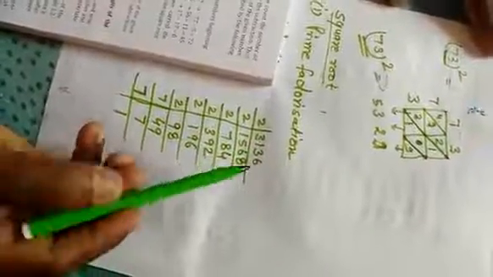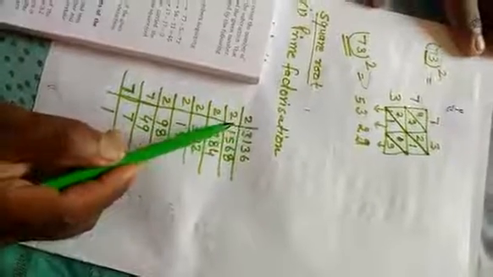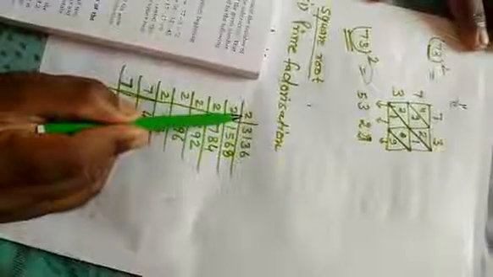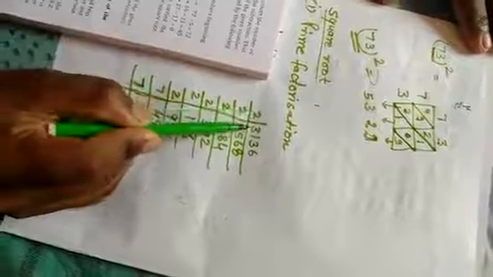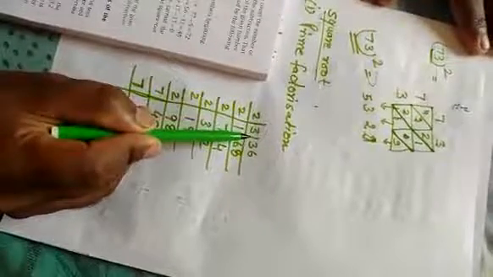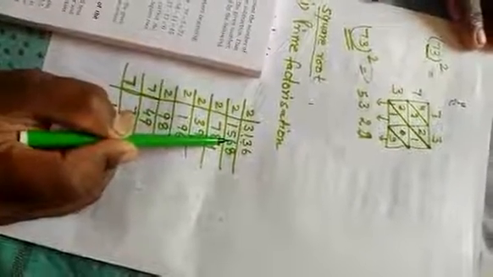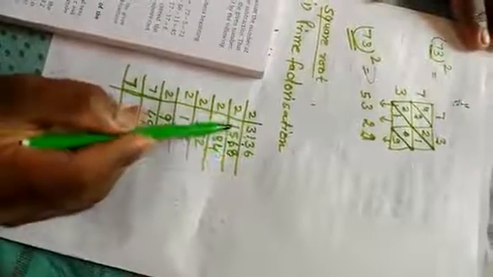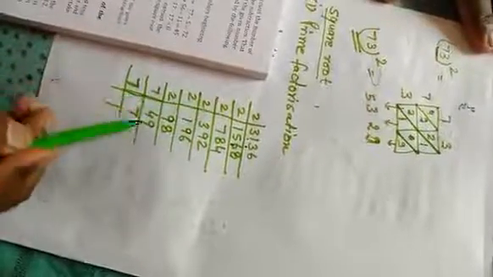How to find it? Same as you did in earlier classes for LCM, we will do its prime factorization. In that we will divide this 3136 by 2. So you know that by 2, 2 1s are 2, 1 is left here, 1 and 1 is 11 now. So 2 5s are 10, again 1 left, 1 and 3 will be 13, 2 6s are 12, 1 is left, and in 16, 2 8s are 16. Similarly we will do it by 2, 2, 2, 2, 2, 2, 2.